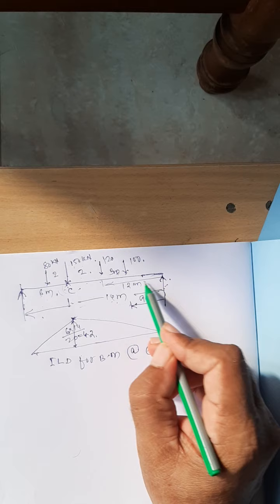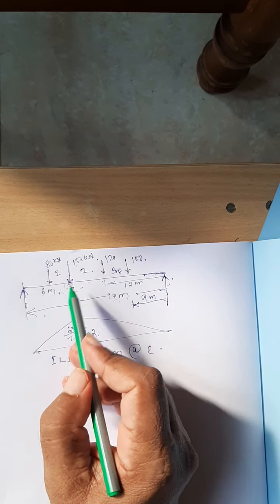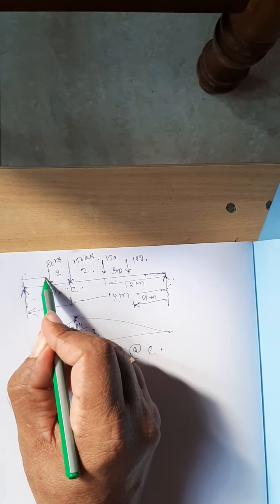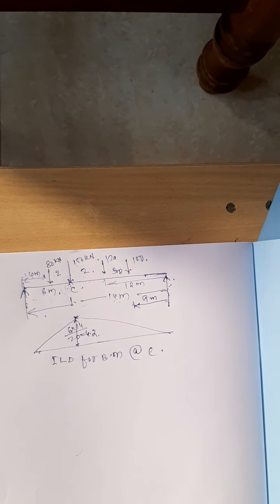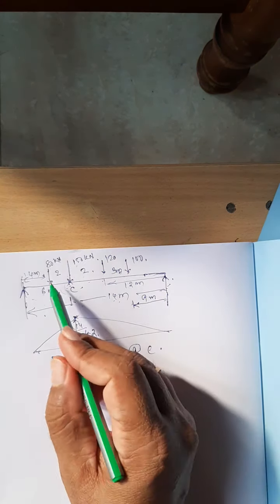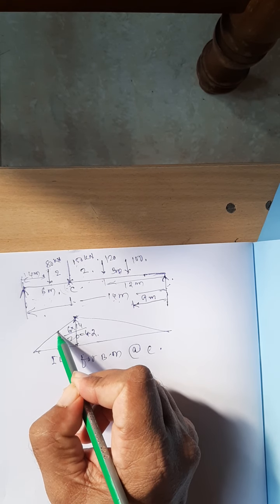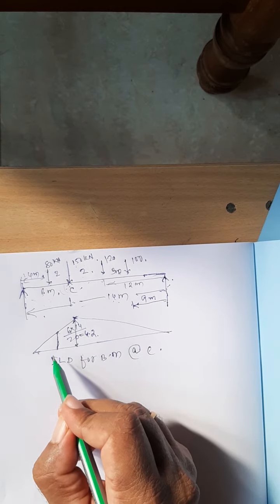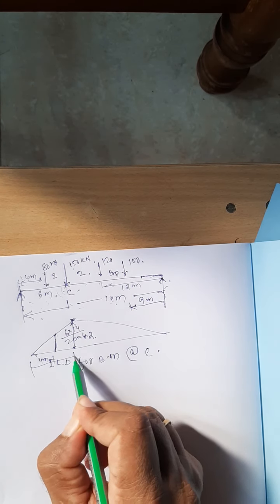Like that, you need to calculate the positions of the load from the left and right end. Here one more load is there. This gap is 2 meter. Therefore, this distance is equal to 4 meter. This all we need to calculate. Next, you need to calculate the ordinate. Already we have practiced it. That is why I am not doing it in detail. Directly I will write here. This distance is equal to 4 meter and this distance is equal to 6 meter.